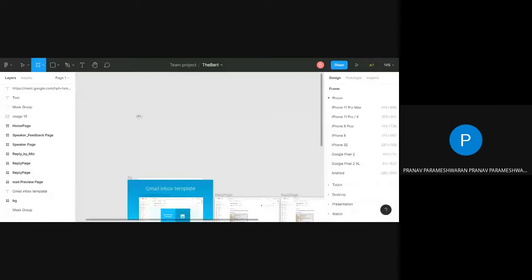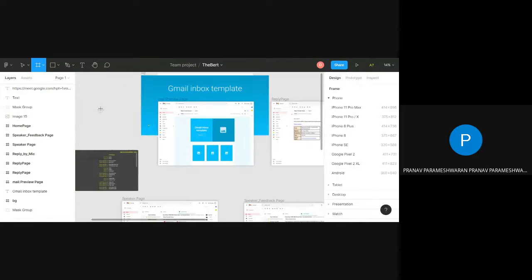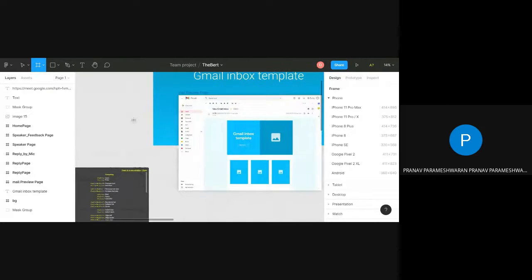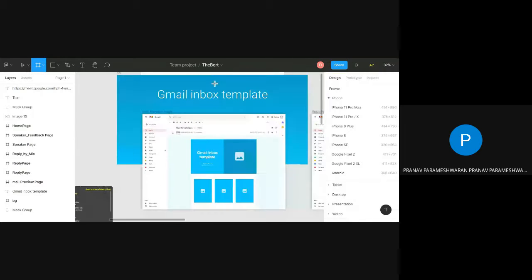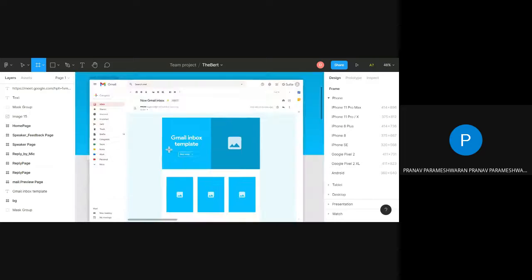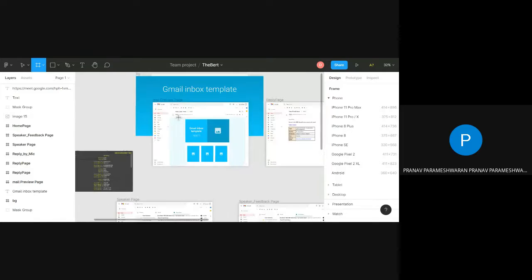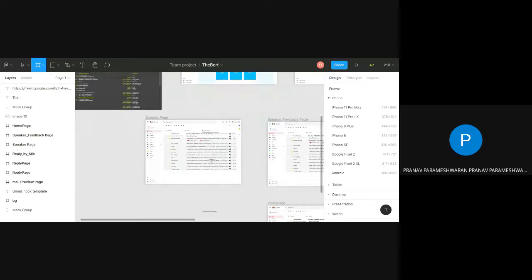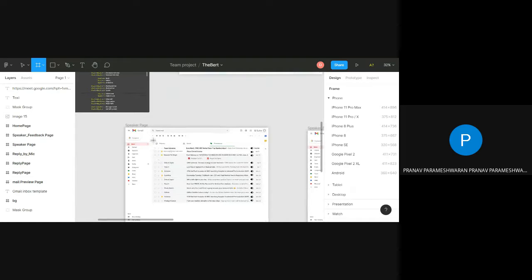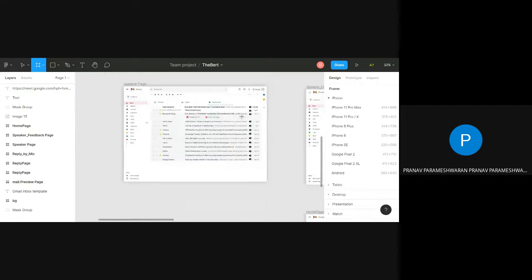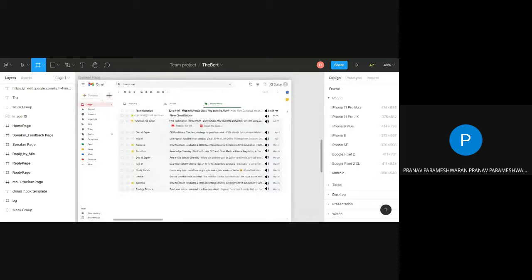So if you can see my screen here, this is the template. We had taken an already existing template from online. There are existing templates for Gmail like this. Some other designer has already created the box and button, so we are just replicating or using this for our explanation purpose. You can see we have created this similar to how Gmail looks.